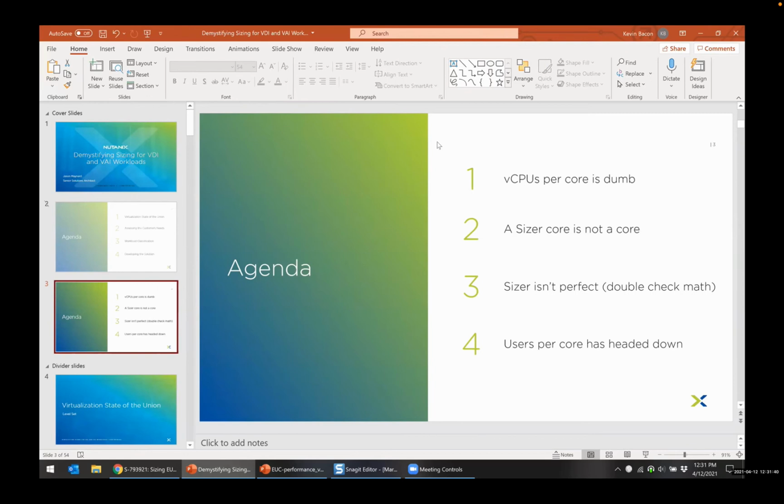Is megahertz per VDI help us in the same way? So I use megahertz as a secondary after users per core. The problem with users per core is just nice and simple. And a lot of times what it goes back to is I have a lot of real world